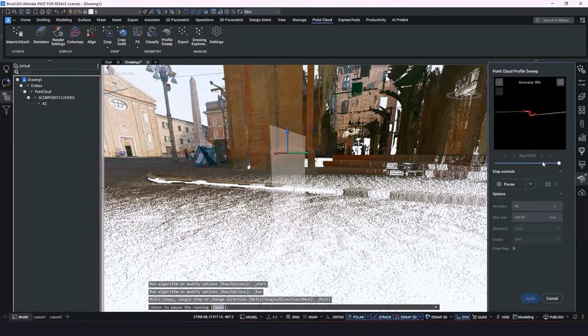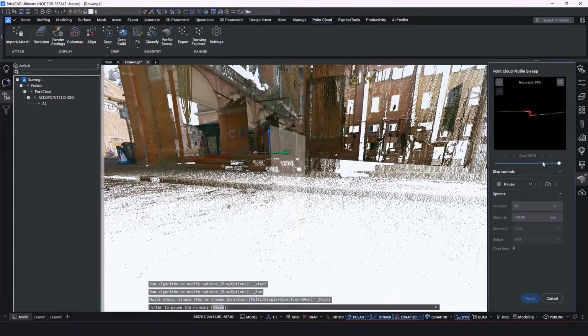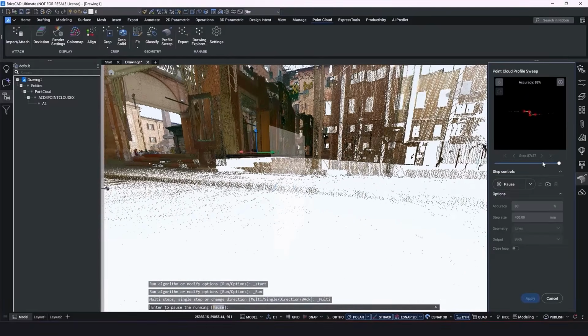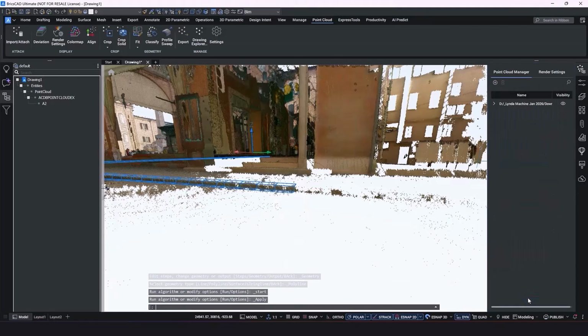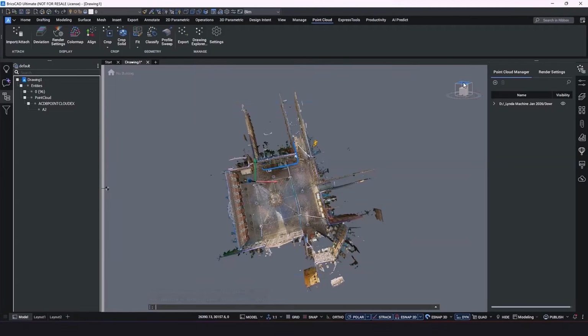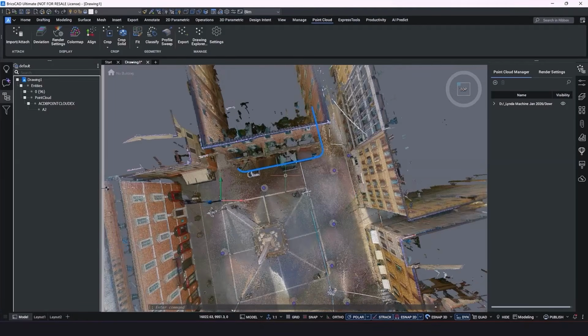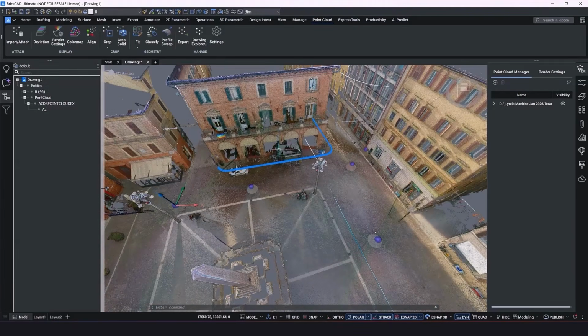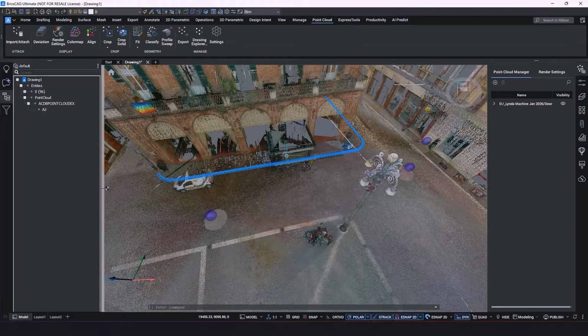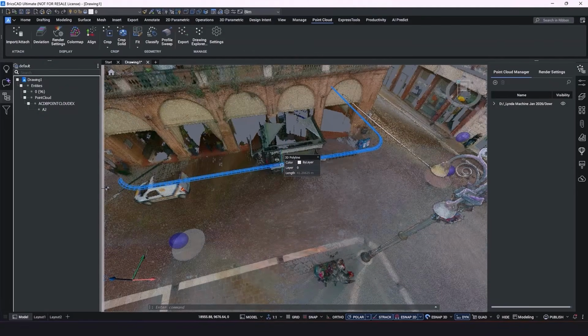Again, we get to the edge of our point cloud where things become a little bit sparse. So pretty soon we're going to come up against an accuracy error, right? Oh, what should we do here? Should it be lines? Let's just make polylines. We haven't made polylines yet. And hit apply. And let's go and see our curve. So that is how you get around obstacles when using the point cloud sweep command.